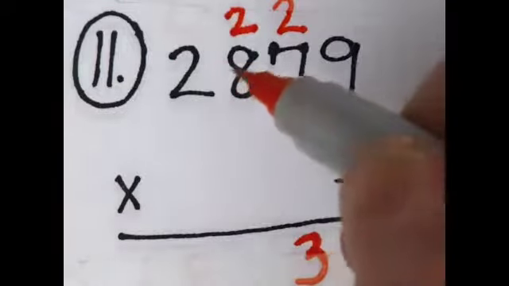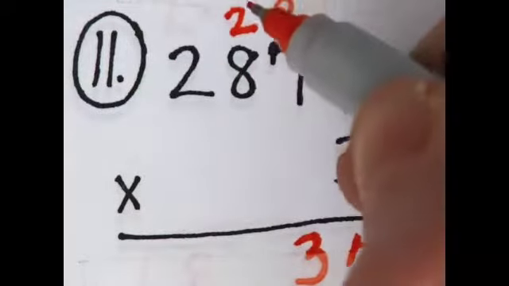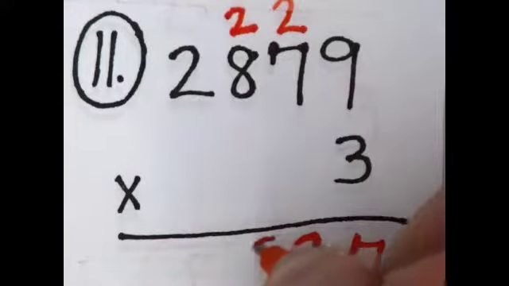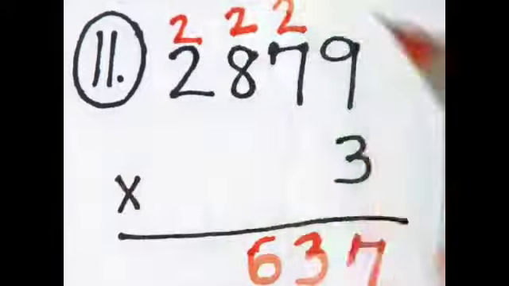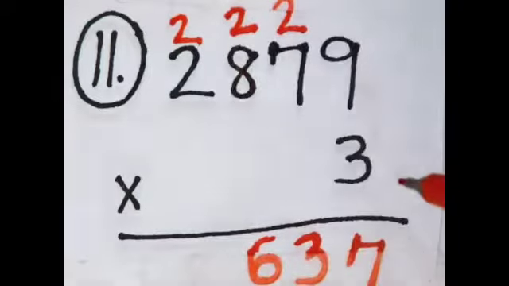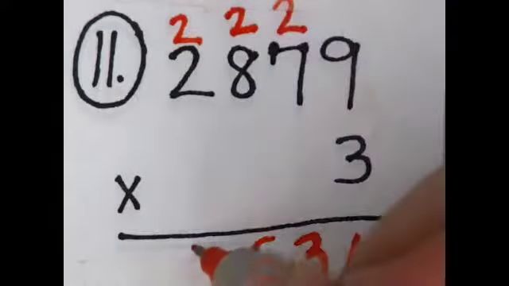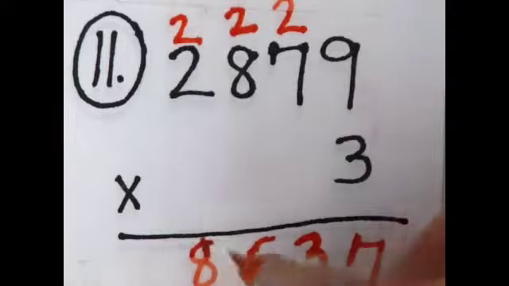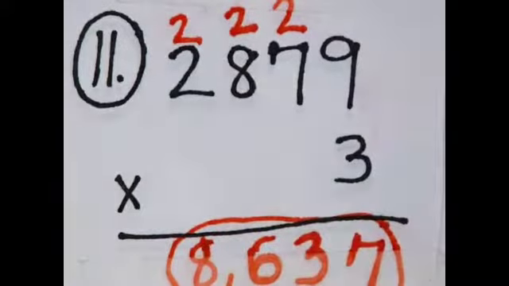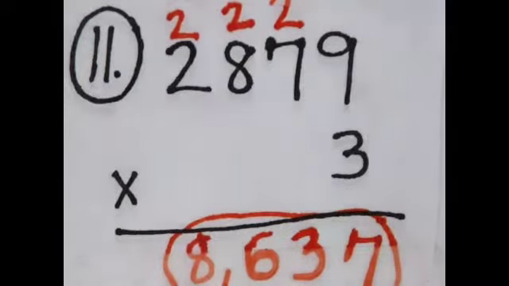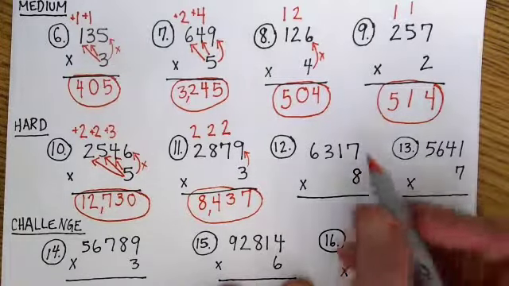Then 3 times 8, which is 24, plus 2 is 26. Down the 6, carry the 2. And then 3 times 2 is 6, plus 2 is 8. So the answer is 8,637. Next,